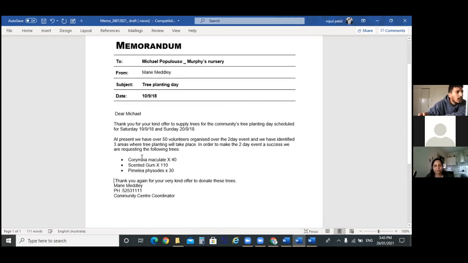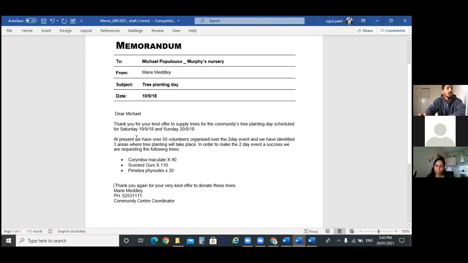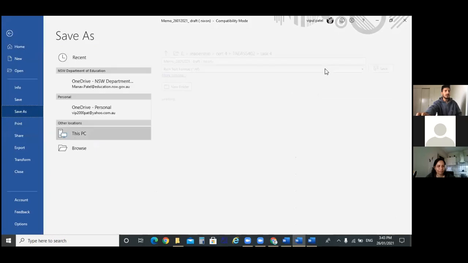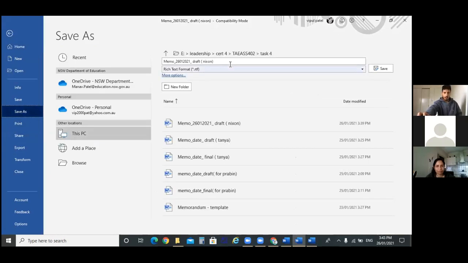So, Jiggy, the memorandum is perfect. It's got no errors. You can save it and send it through to me for documentation. That's documentation for me. Later, I need to judge if you're satisfactory or not satisfactory.